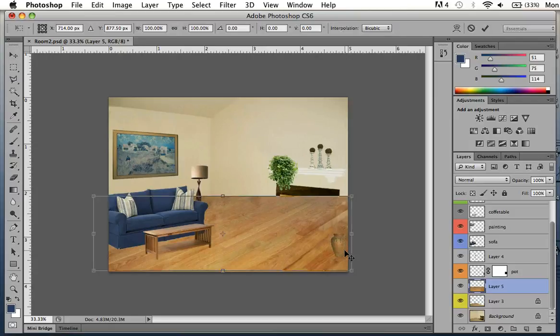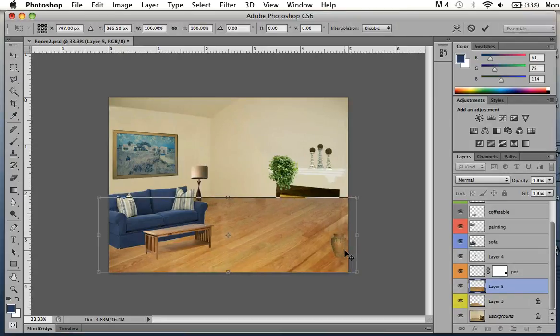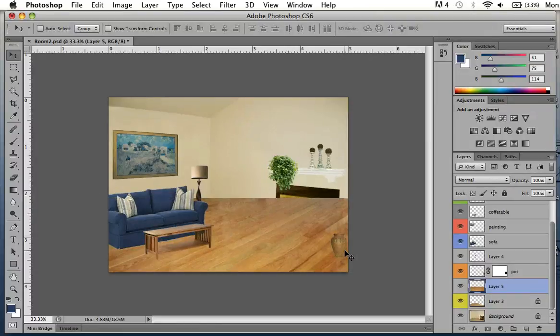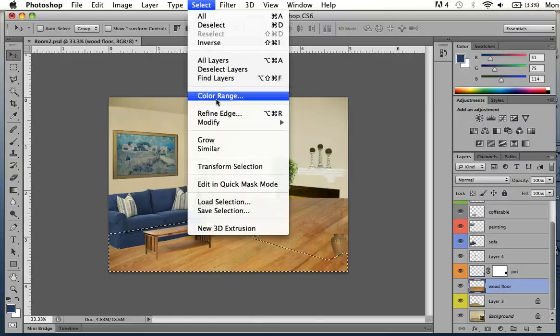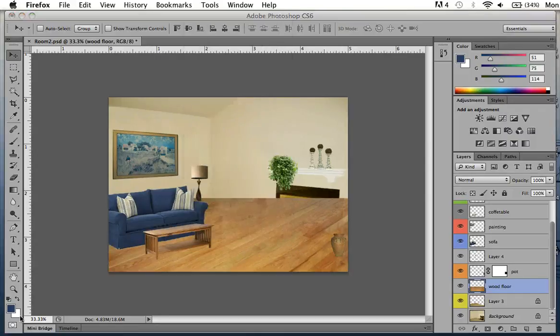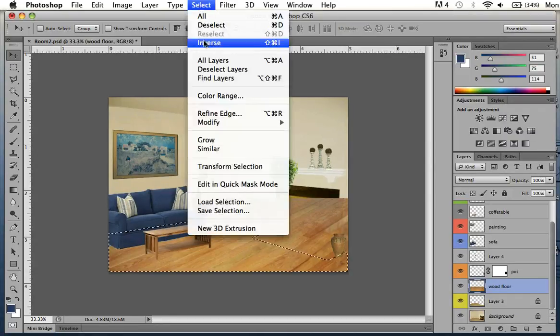I hit, hold on one second, I want to see where it is. Okay, there. I just hit Control T for transform. Not that I'm going to transform it, I just want to see where the edges of the image were, because it goes beyond my image. And then if I hit Control and click on the thumbnail of the carpet underneath, and then I go up and click on the other layer, my flooring layer, the wood floor. I'm going to say wood floor to distinguish it. And then I go select, which one is it? Oh yes, it is select inverse, and then I go